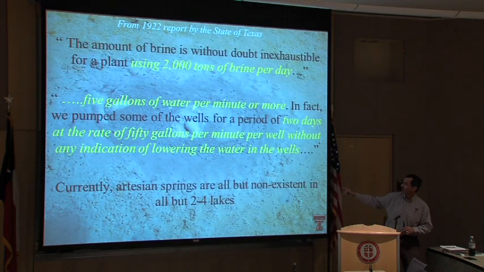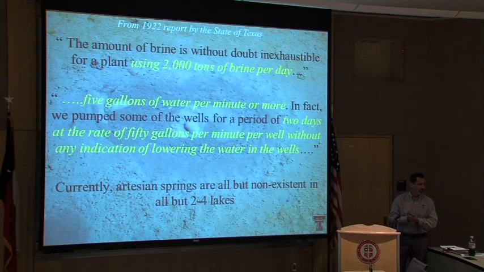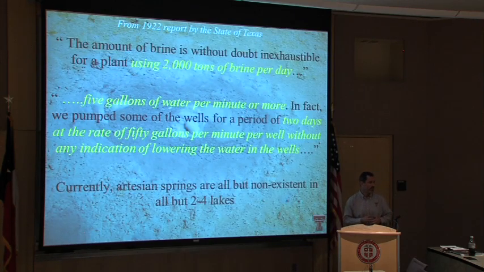So this is really sort of the crux of the problem with these systems. There's only 2 to 4 lakes that really have functional springs any longer. They've become basically precipitation-filled wetlands without the spring connectivity. And that has direct relationships to the snowy plover work that we've been doing over the last 20 years. We're seeing basically an 80 to 90% decline in some of the populations that breed on these systems. And they really are sort of the harbinger, so to speak, of the decline of these systems.